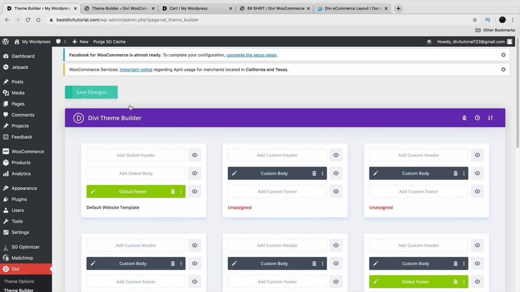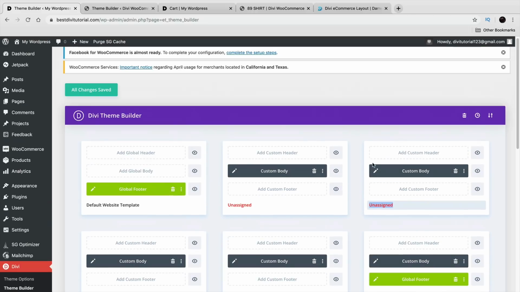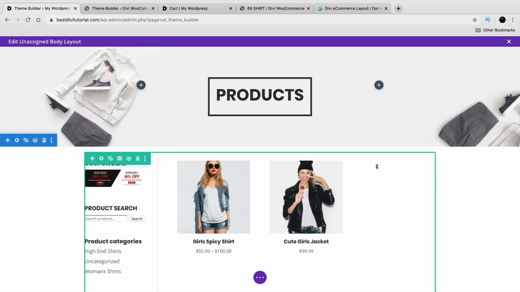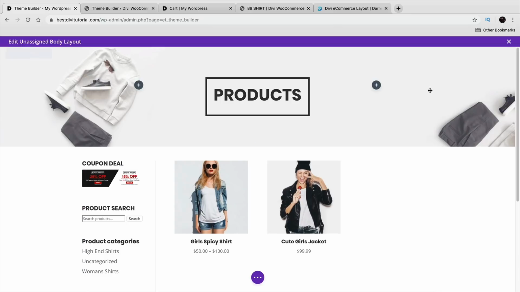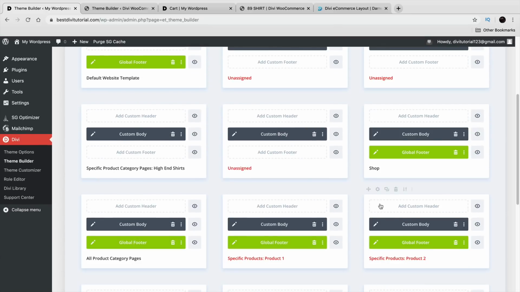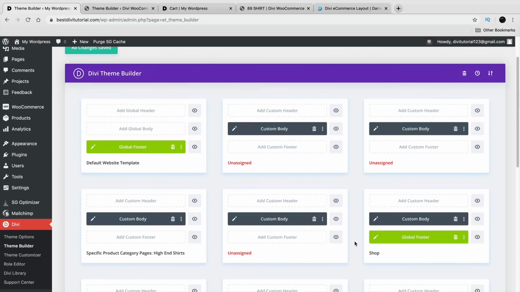So right here, I'm going to go ahead and save changes. So I basically just overrode everything I've done just because I'm a nice guy and I want to give you guys all these layouts for free. But these unassigned are the product layouts. So you can actually go ahead and click on them and just see what they are. Just saying, oh, what is this? And then this is the products, etc. So I'm just basically showing you what you can get with all of these. So these are everything I've created for you, everything is done, etc. So yeah, have fun with those, but let's just go ahead and take a look at